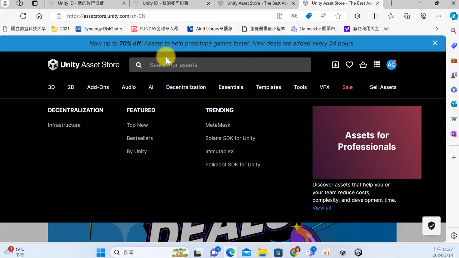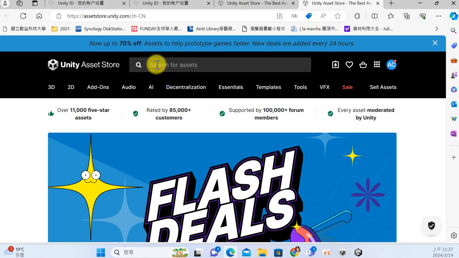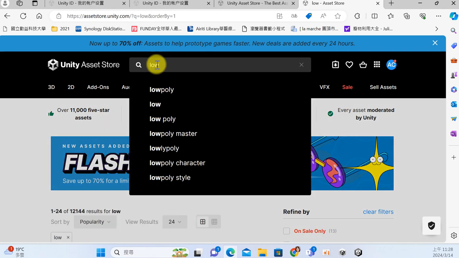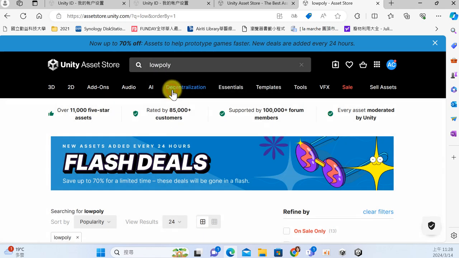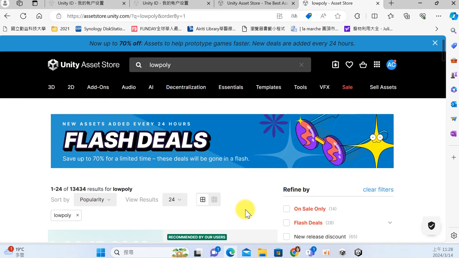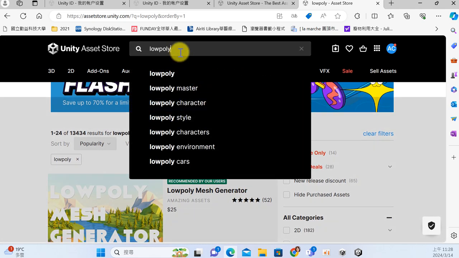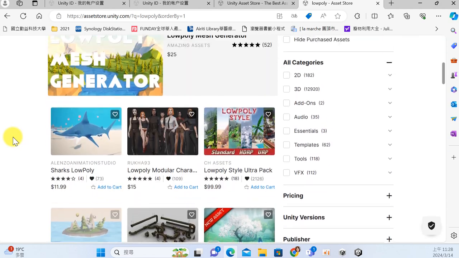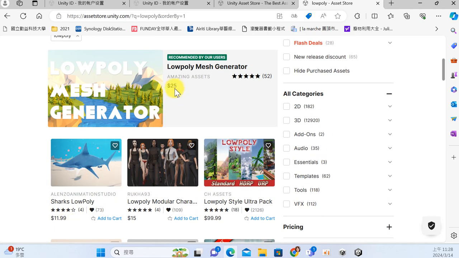And here we could select... I like to choose the low poly. Low poly is a simple 3D model. I will click the low poly, but you could see